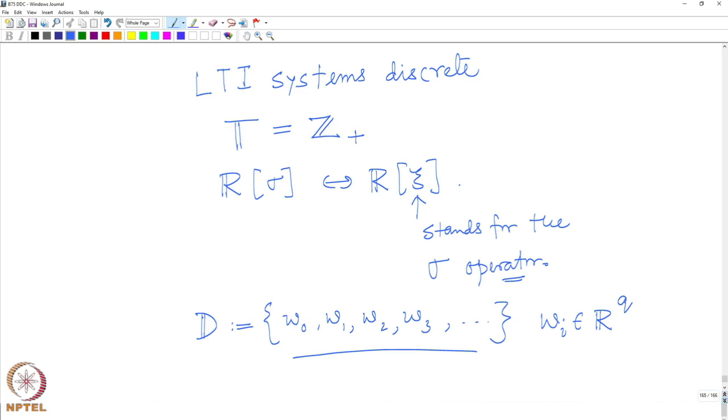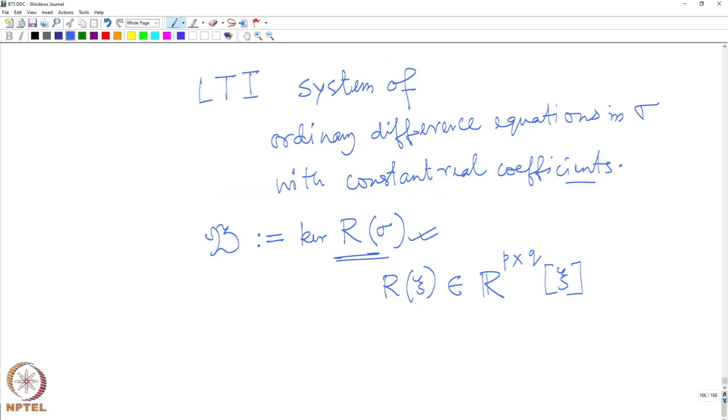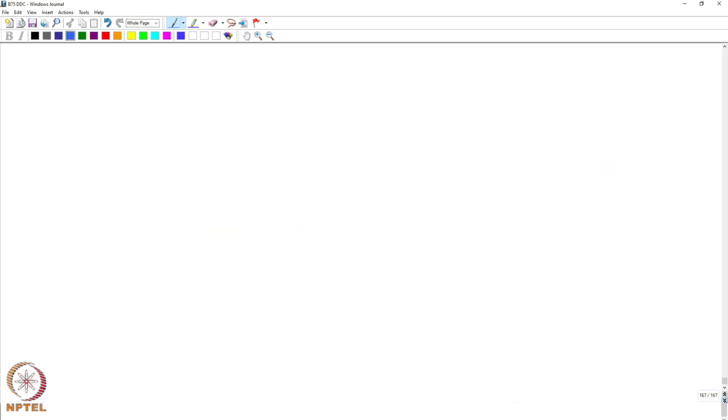Okay. If T is Z, then these matrices will be Laurent polynomial matrices, that is the only difference, and similar analysis will be true for those kinds of systems. I will give those as exercise problems to you as promised. Now, the question is, given such a data set, which is either one single trajectory or